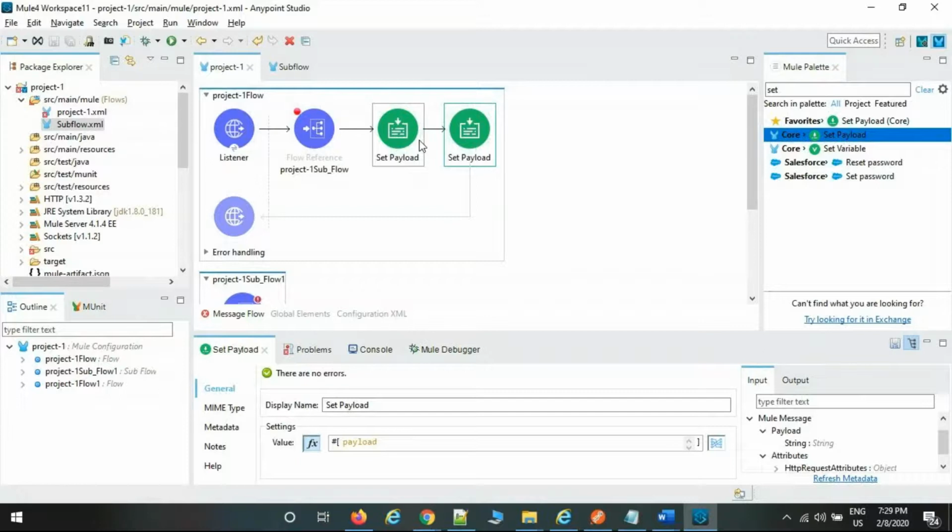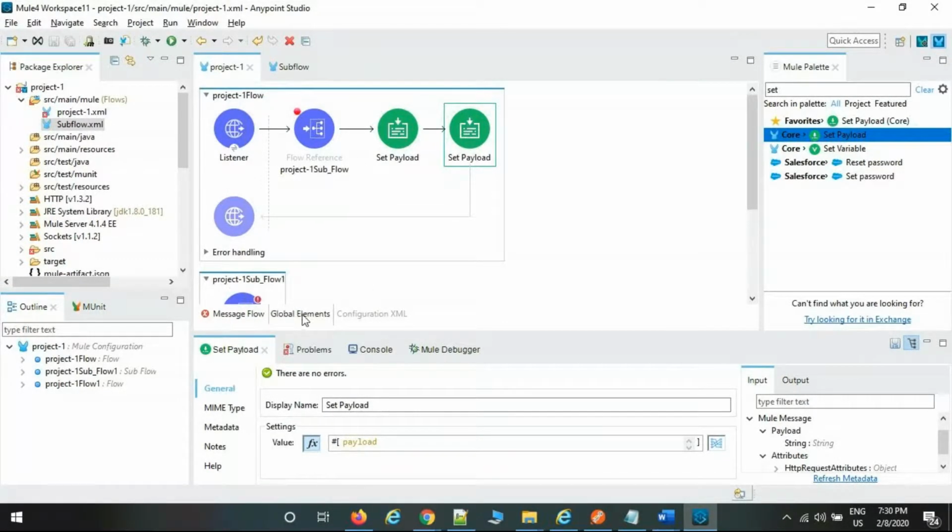Then set payload is nothing but a body where you are defining something. If you want the next palette to consume the same output, by default the syntax is payload. If you select the fx option, that is the expression syntax where we define it. If you are not selecting fx, then you can write whatever content you want. That is the difference, and these 3 tabs are available.